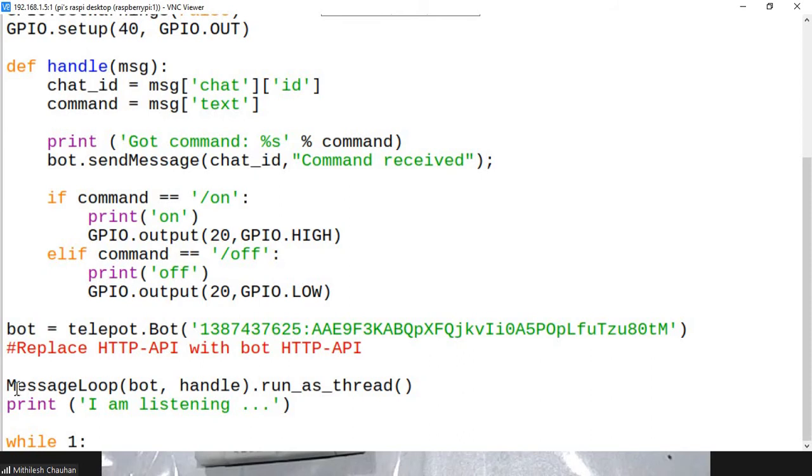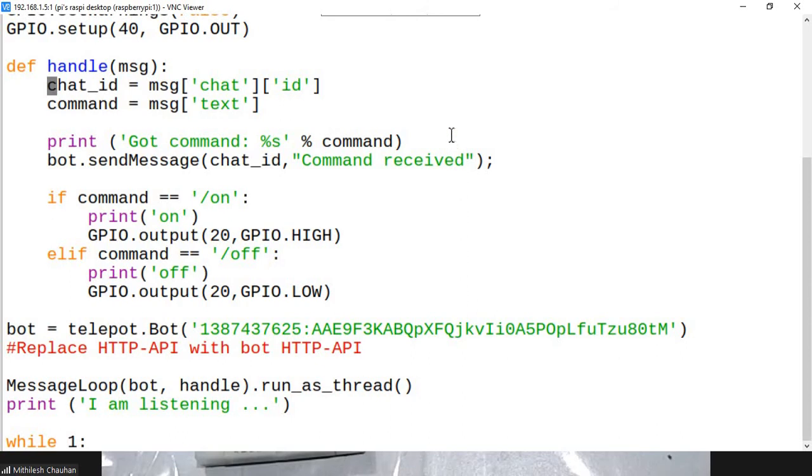Now inside this thread we are executing a method called handle that will be executing in the thread. The handle function is written on the top. Now inside that handle function we are retrieving the messages received from the Telegram app.